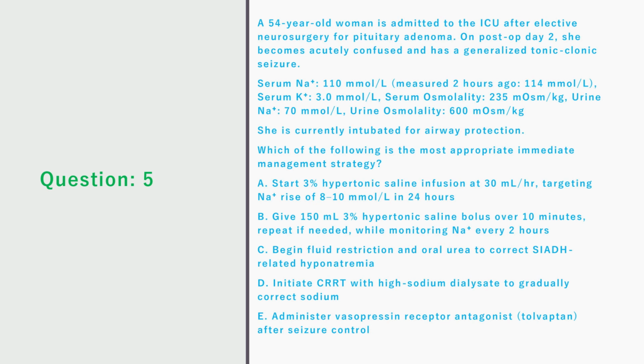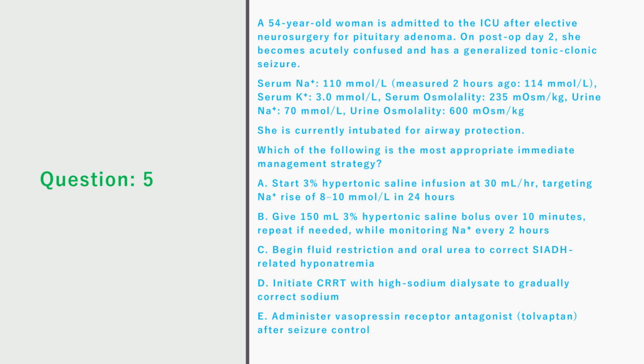Urine sodium 70 millimoles per liter. Urine osmolality 600 milliosmol per kg. She is currently intubated for airway protection. Which of the following is the most appropriate immediate management strategy? A. Start 3% hypertonic saline infusion at 30 milliliters per hour, targeting sodium rise of 8 to 10 millimoles per liter in 24 hours. B. Give 150 milliliters 3% hypertonic saline bolus over 10 minutes, repeat if needed, while monitoring sodium